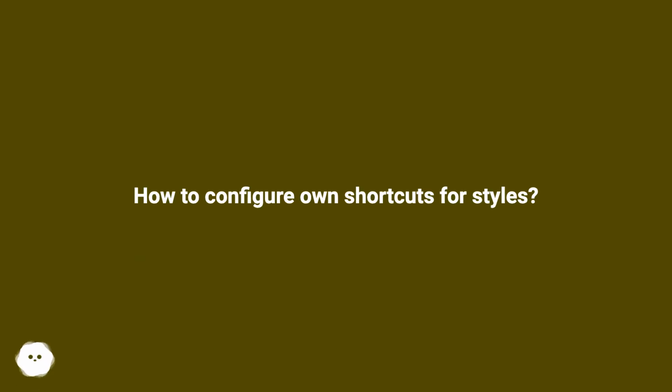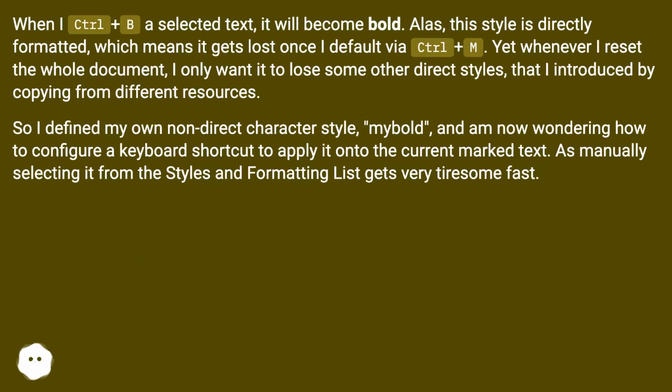How to configure own shortcuts for styles. When I Ctrl+B a selected text, it will become bold. Alas, this style is directly formatted, which means it gets lost once I default via Ctrl+M, yet whenever I reset